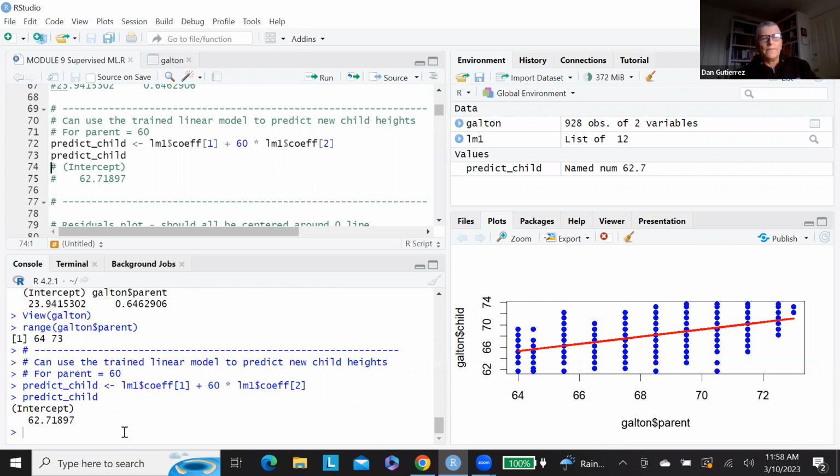based on the trained model, with a parent height of 60, my predicted child height will be this, 62.7. Okay. So that's how you use a trained model: you use the coefficients. And that's why I said those coefficients are probably the most important parts of the